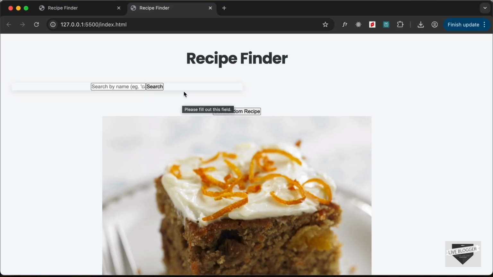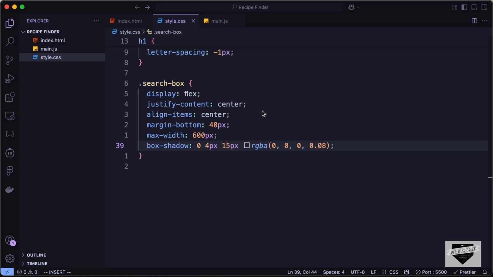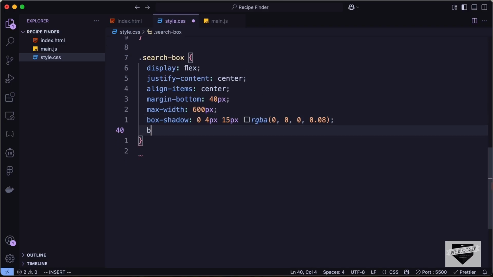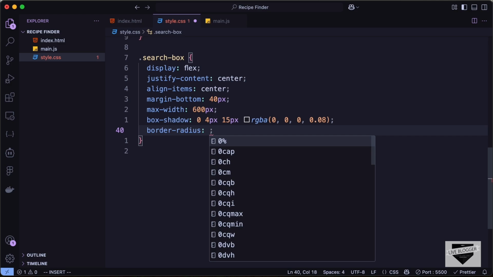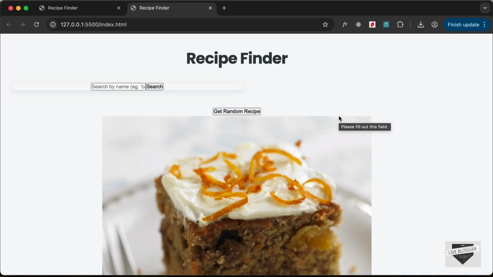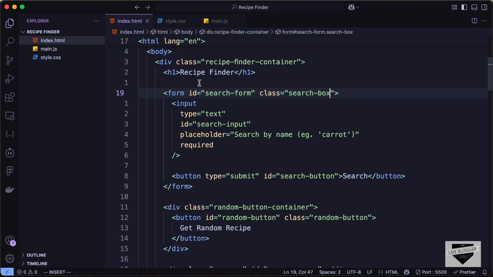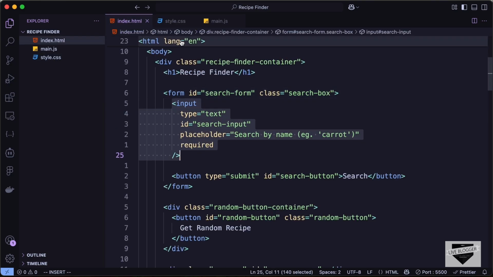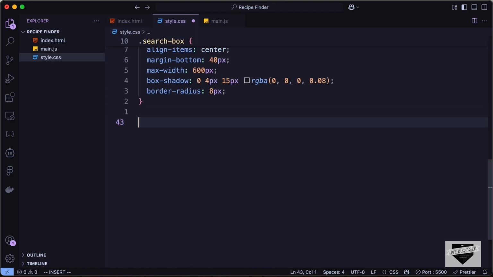So this is the shadow. Let's also add rounded corners. So let's type border radius, and let's set it to 8 pixels. And now let's target this input field inside the form. So let's go ahead and target this. We have an ID of search input. Let's type search input,